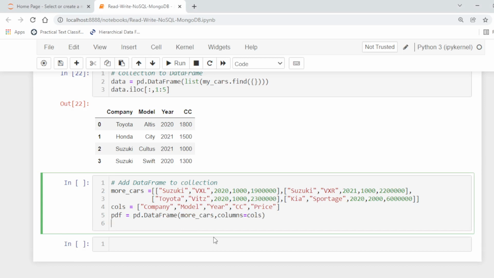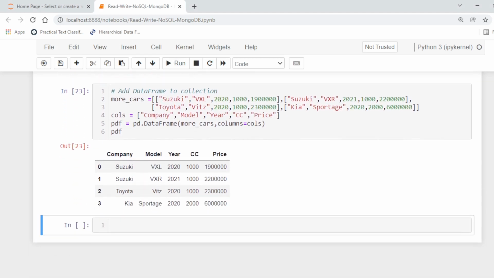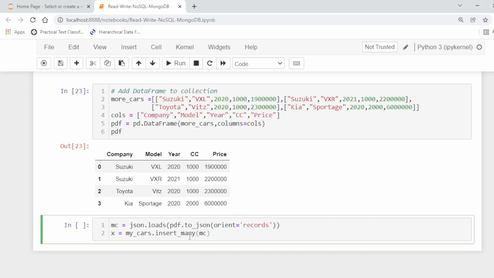So this is basically a pandas data frame, and now to insert this into the collection, first of all we convert the data frame into JavaScript object notation, where orient is records.